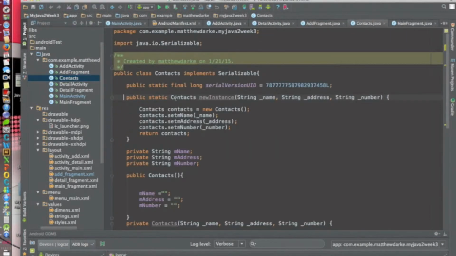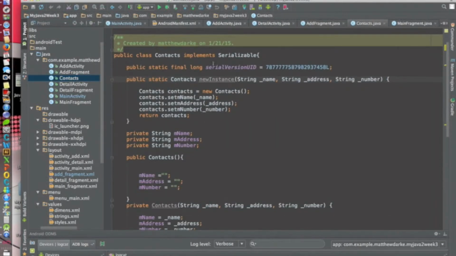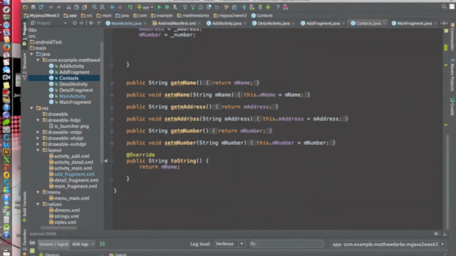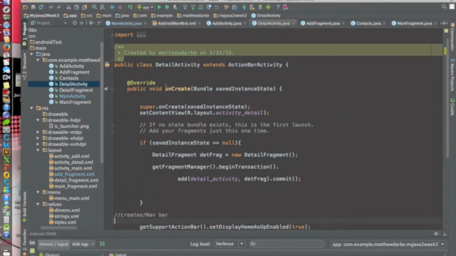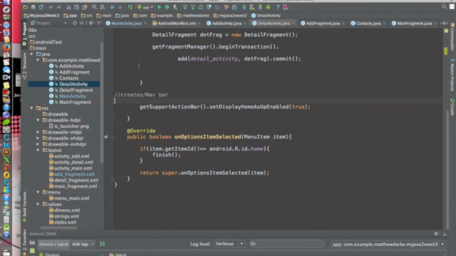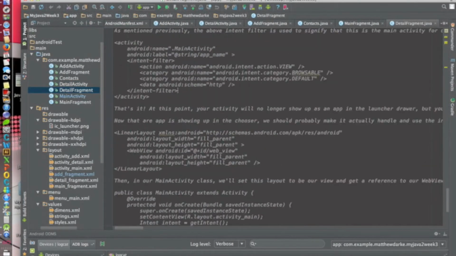And here is my data for my contacts, which is serialized, setting and getting the getters and setters. This will be my detail activity, pretty much the same as the add. And here's my detail fragment,